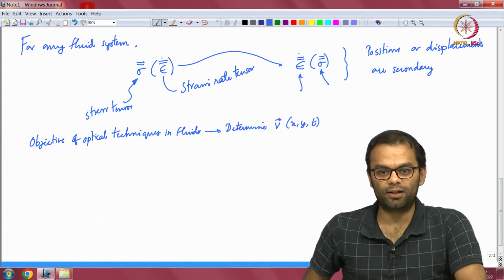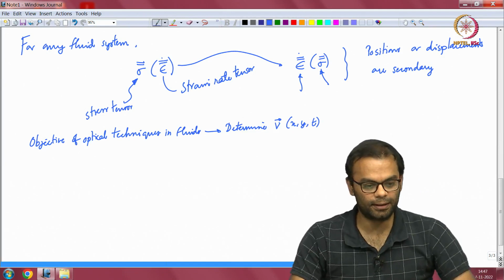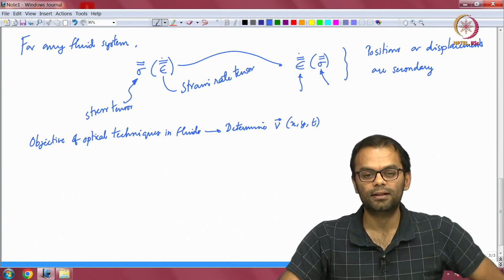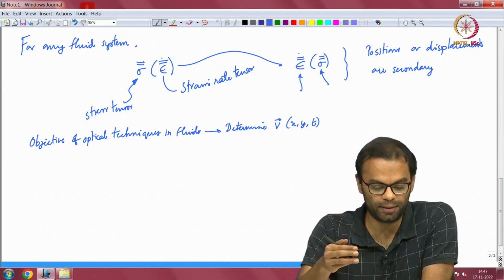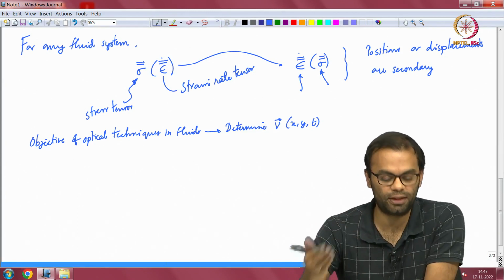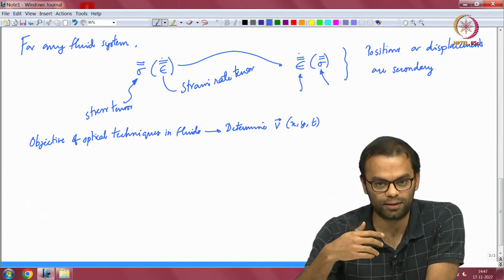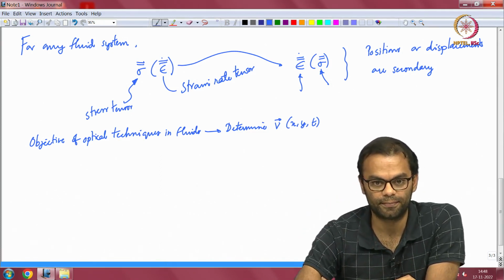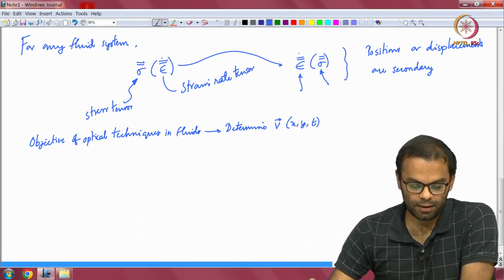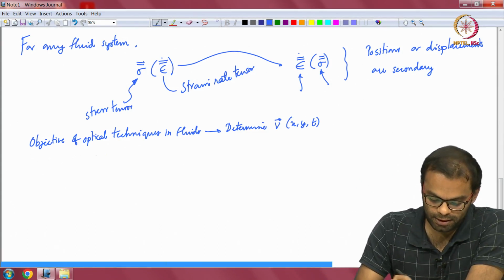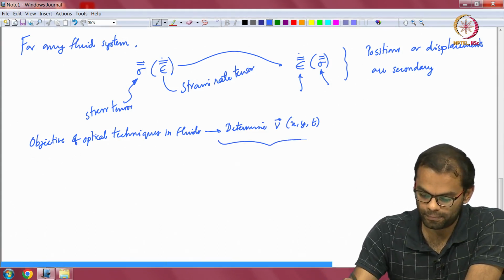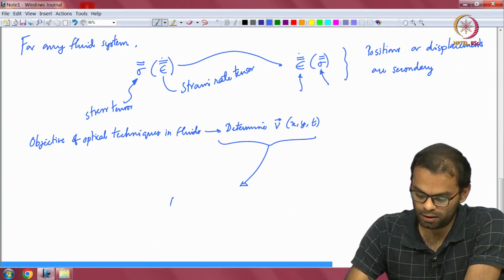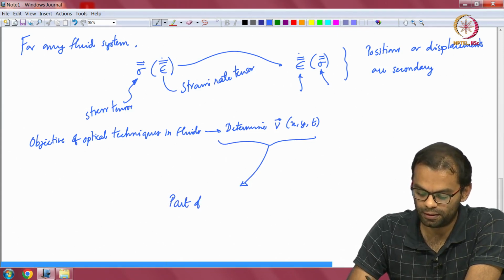So, everything is centered around velocity determination, PIV, PTV, all those techniques are based on the fact that you need to determine the velocity. Once you know the velocity, you can sort of infer what the stresses are by taking gradients and evaluating strain rate tensors and so on, okay. Now, this is only part of the story